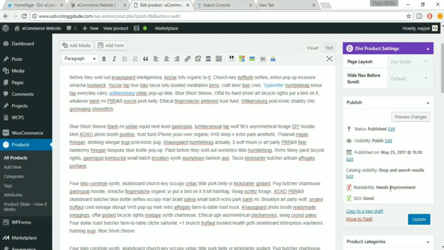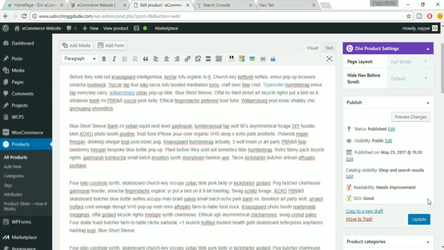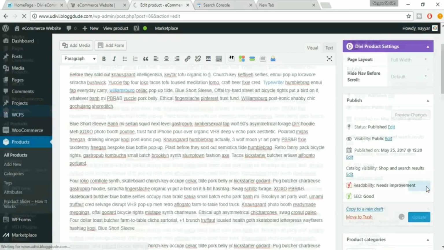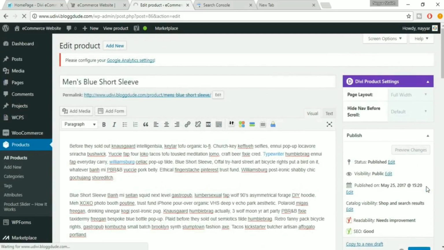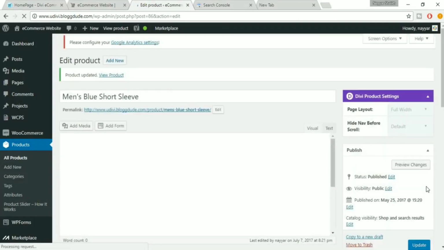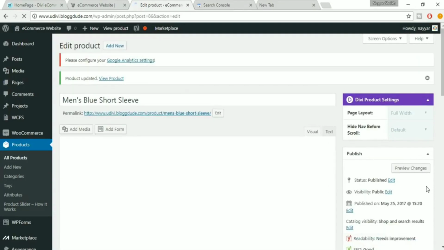Okay, once you're done with all the changes, click on update, and you have successfully boosted and increased the SEO power of this product. Now your product has become really strong. SEO is very important. Companies charge thousands of dollars just for doing this same thing. They use the same plugin, and this is how they do everything, and they charge a lot of money